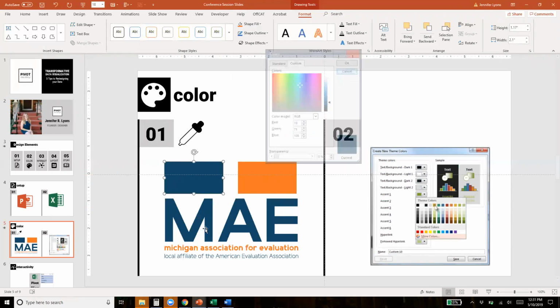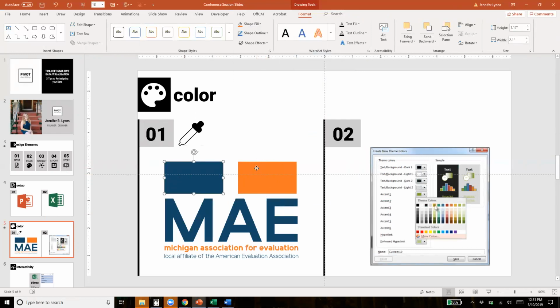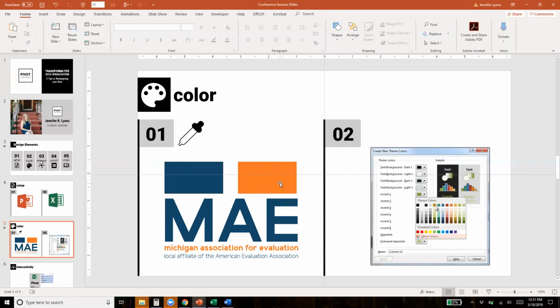And I do that for all of my theme colors for whatever project I'm working on. So that's just a really great way to get to know that. Now, what do you do with those RGBs? How can we build those colors into PowerPoint so that when you are selecting blue, you're selecting the correct shade